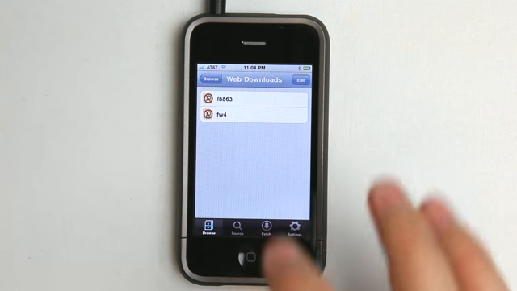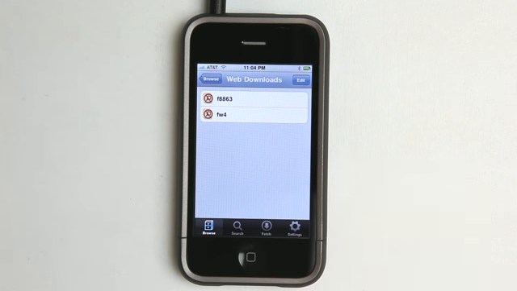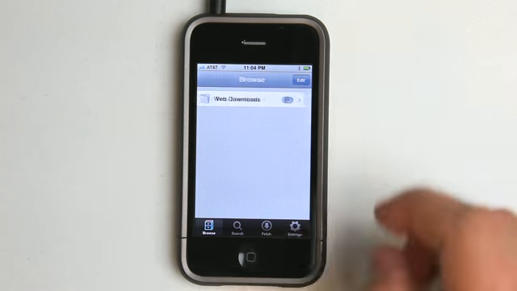So let's look at the coolest part of it, which is actually being able to go out onto the web and download a PDF from a website. If you've used Safari before, you know that downloading files from Safari doesn't really work out too well. Maybe you can save some images or something like that, but this application allows you to get them from the web. So let's go